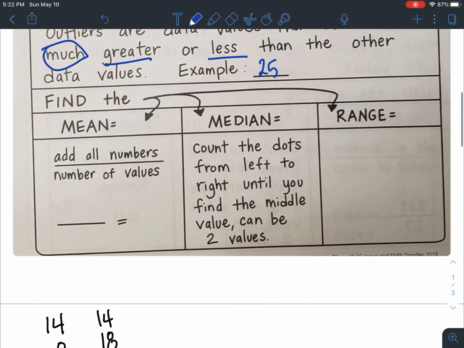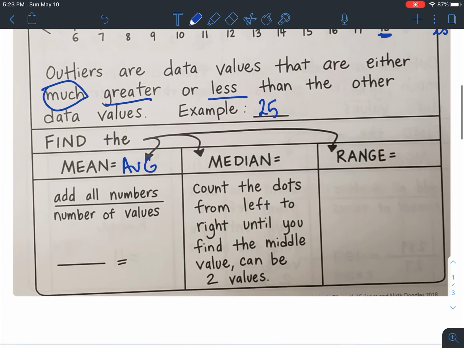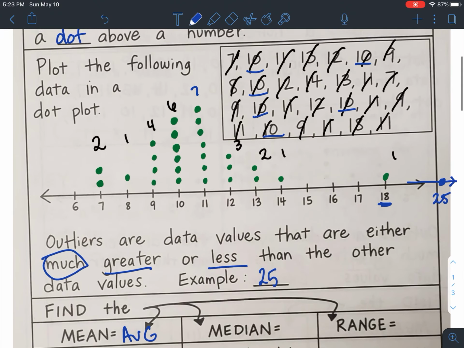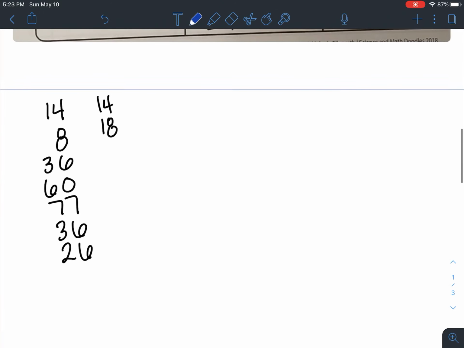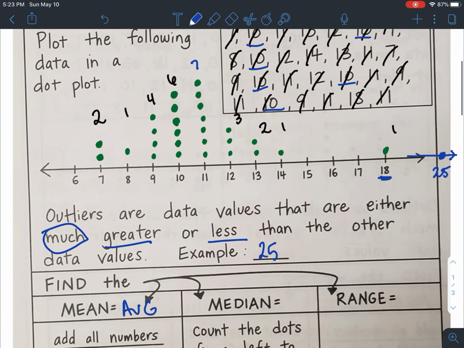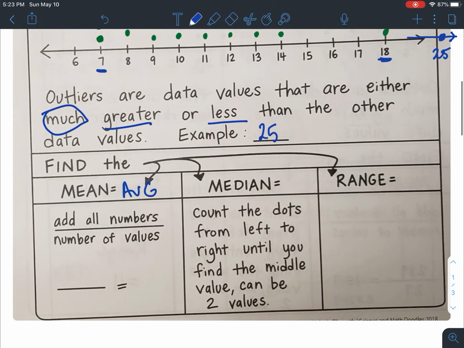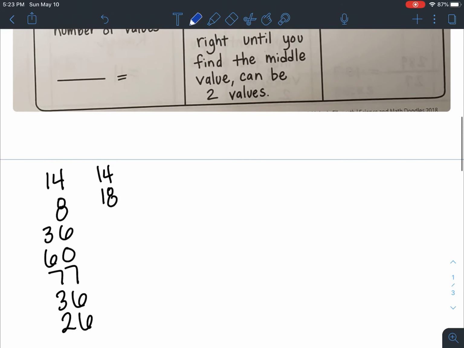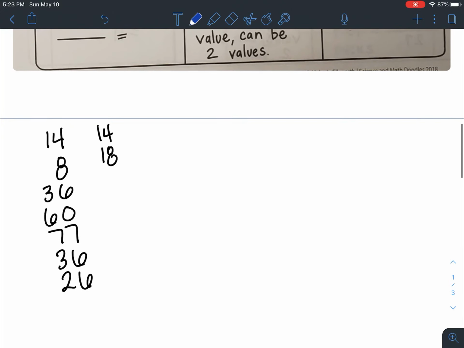To find the mean, remember the mean is the average. To find the average, we add all the numbers and divide that by the number of dots, or the amount of numbers that I actually had. To collect these numbers, I took the amount of dots that I had and multiplied them by the actual number. So I had 2 dots on 7, therefore I had 14. I had 1 dot on 8, 4 dots on 9, 6 dots on 10, 7 dots on 11,